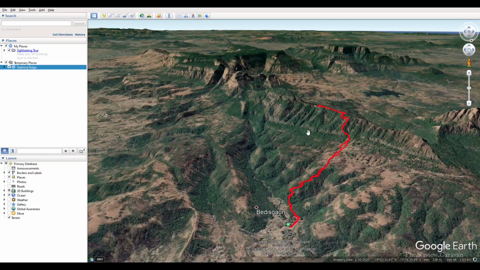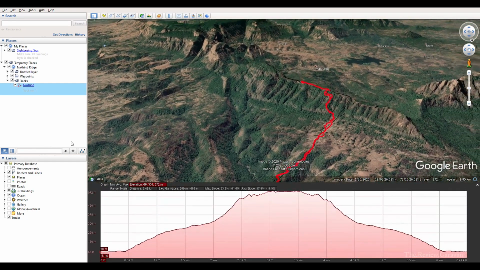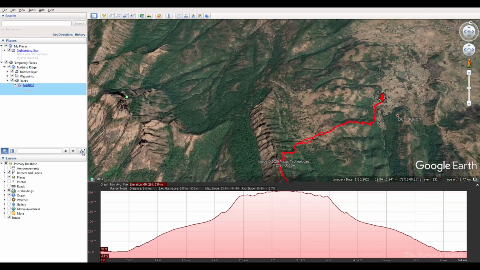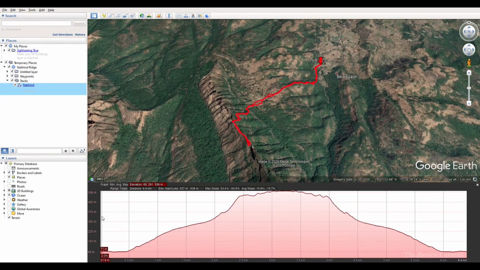And the second best feature of Google Earth Pro is when you click on your track and go to show elevation profile, it will give you the entire elevation profile of your trek from the starting point of the trail, which is this point which has been marked by the red arrow, and during the entire route you'll be able to see the height which you'll be climbing.